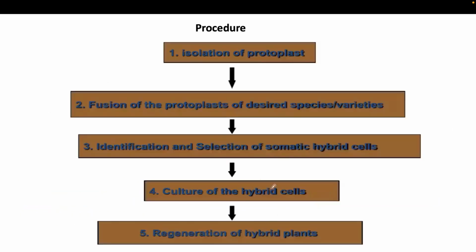So this is the procedure for how you generate a hybrid plant through protoplast fusion. Firstly, you have to isolate the protoplast. Then, after isolating the protoplast, you have to fuse the protoplasts of the desired species. Suppose you wanted